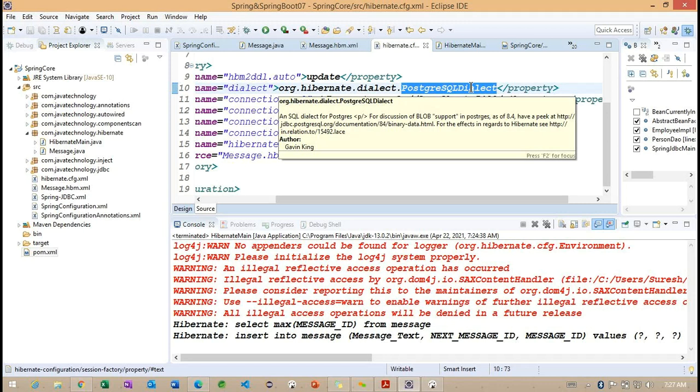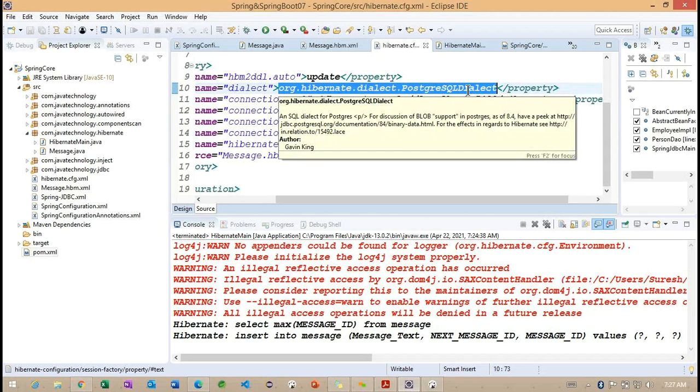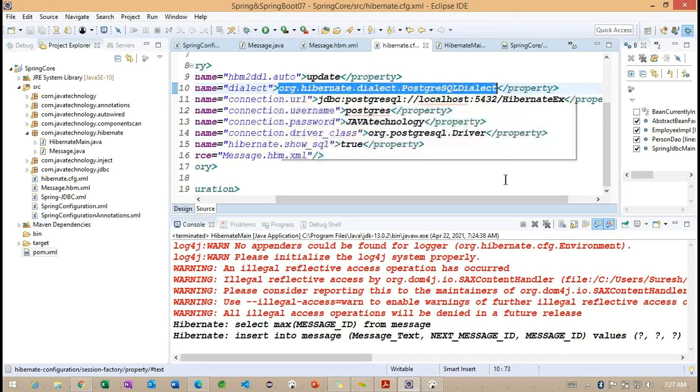Whenever we work with Oracle, Oracle-related queries are generated. Each and every database has specific syntaxes, like for insertion, updating, getting or loading, and everything. So because of this dialect, the queries are generated based on those specific syntaxes.